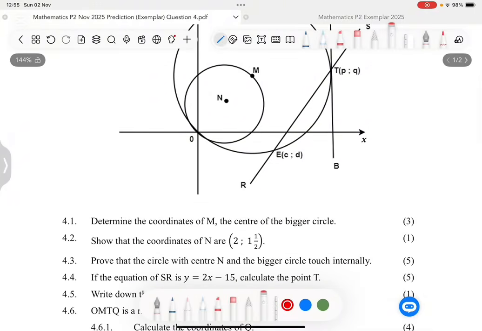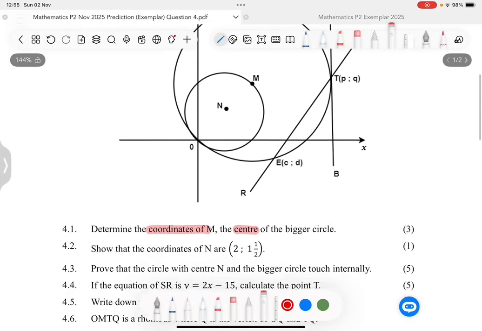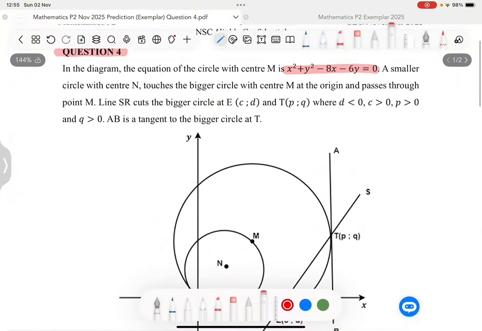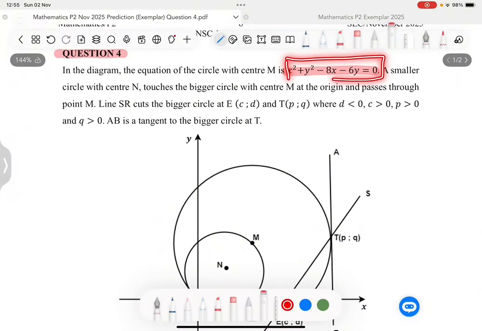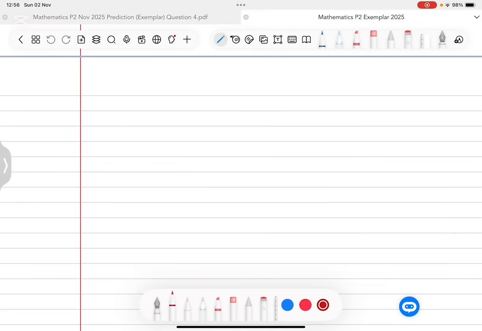The first question says to us here, determine the coordinates of M, which is the center of the bigger circle. So we're looking for the coordinate of this point. Now, we are provided here with an equation that defines the bigger circle, so we can find that center from that equation. However, you have to notice the form in which this equation is written. We have to really convert that form